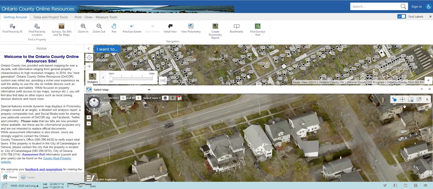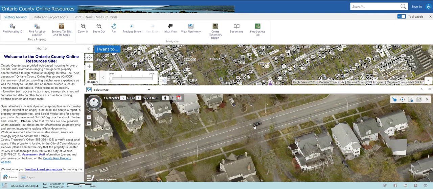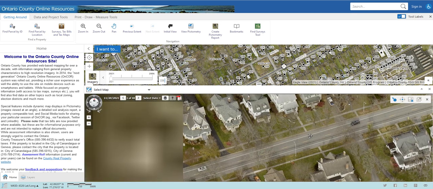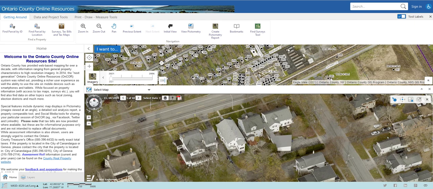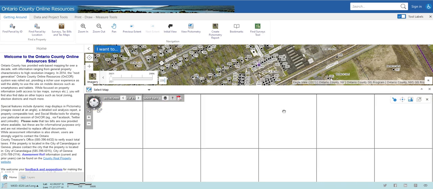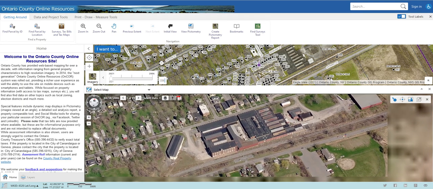If you want to, you can zoom this, you can move this back and forth. But notice that there's a disconnect as I move back and forth in the pictometry window versus the map, and vice versa. I can move my map over, but there doesn't seem to be a connection or rubber banding between the two. Now there's an option here to synchronize these two maps, and if I click on that, now when I go back to my pictometry window,